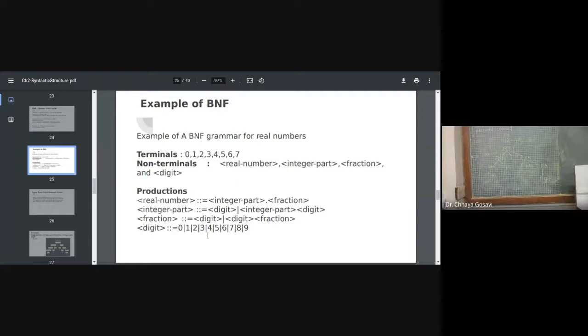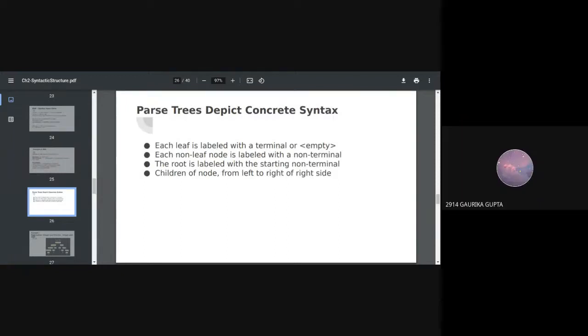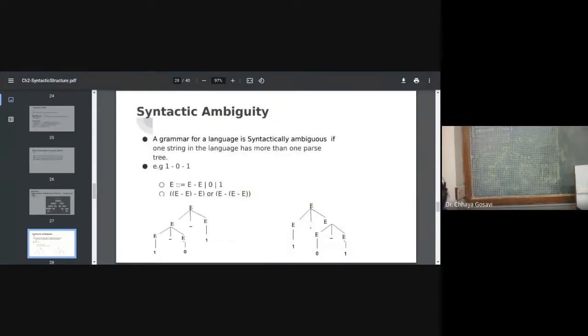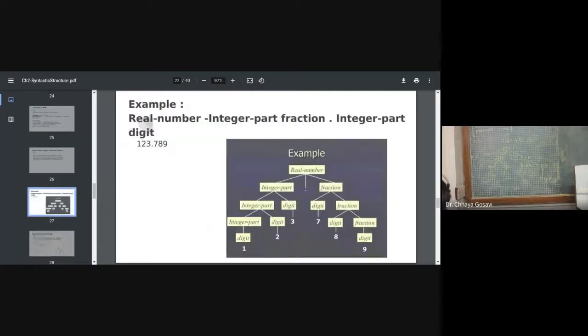Or you can write your own language which allows commas. Own language, ma'am, that is too far now. What we are learning is language design principles, so you can come up with your own version of a language. About ambiguity, we'll talk in the next lecture. I hope this is sufficient for today.